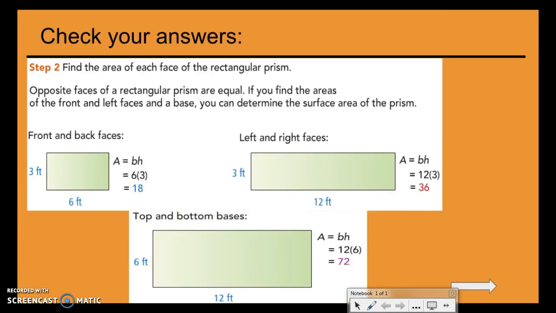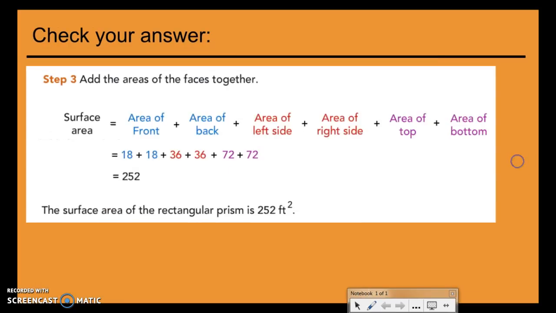Okay, you know that the formula is area equals base times height. So you're going to take your base and your height and multiply them together. That's step 2. Step 3 is to add the areas of the faces together. So the surface area is the area of the front plus the area of the back, just 18 plus 18, plus the area of the left and right side, 36 plus 36, and the area of the top and bottom, 72 and 72. So your whole surface area should be